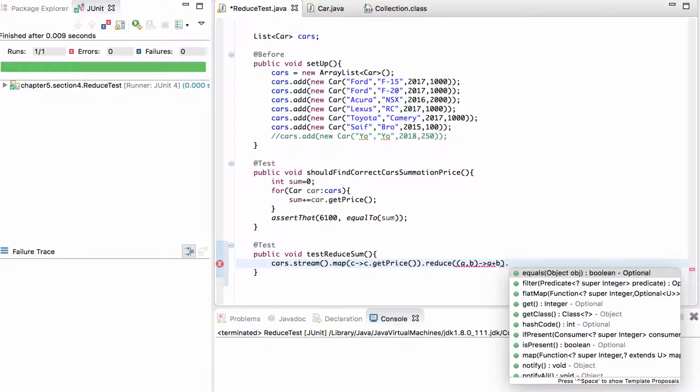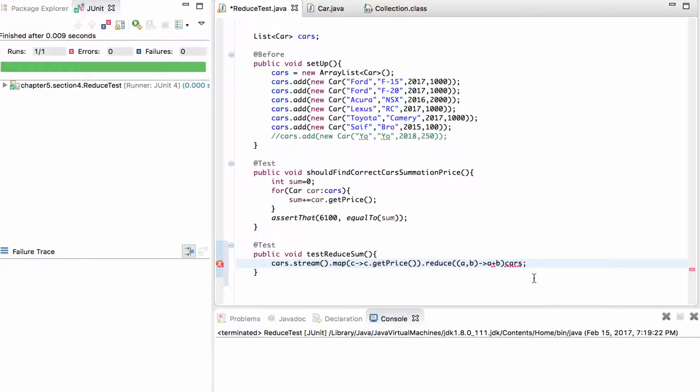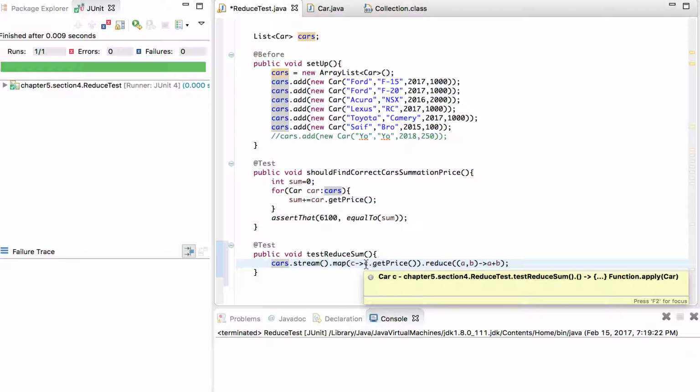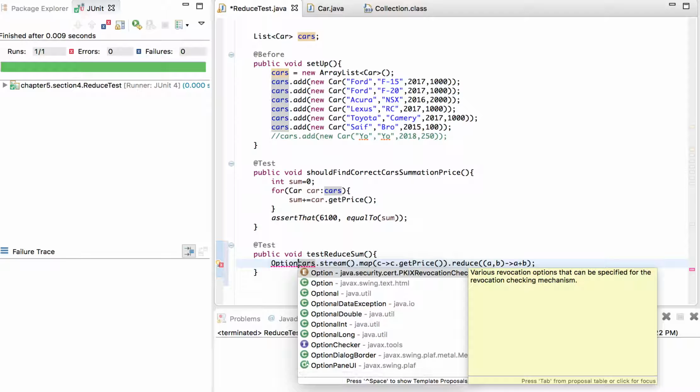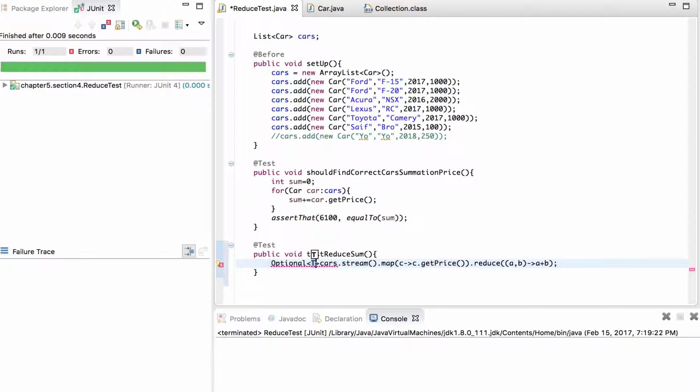Now, what do we have now? We should have everything, that's it. Alright, what's the problem with it? Yes, it looks good. Now, as you remember from the last session, we talked about the optional. Optional object here, and here it's integer for sure. So sum equal, and here we're gonna assert